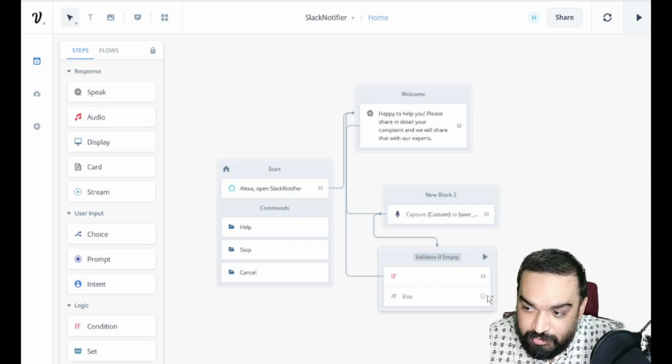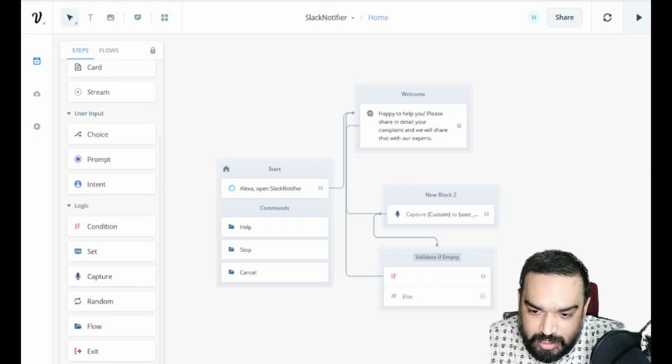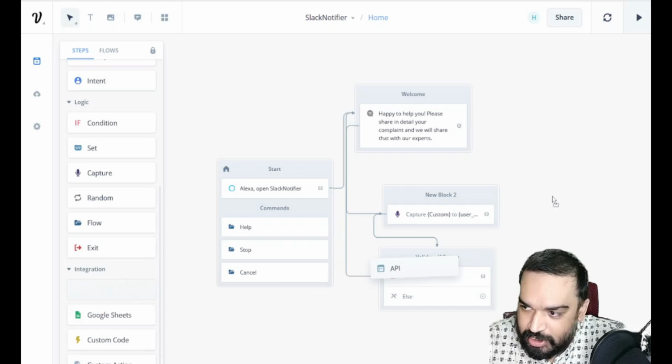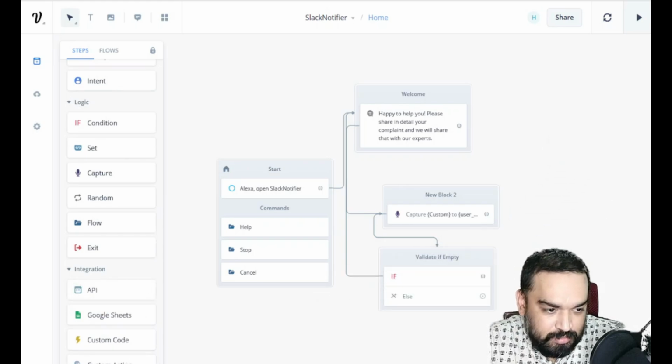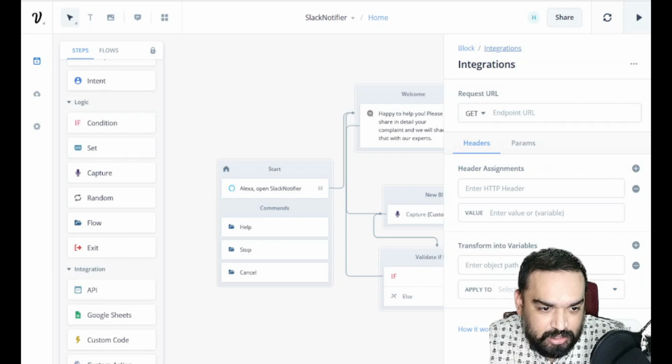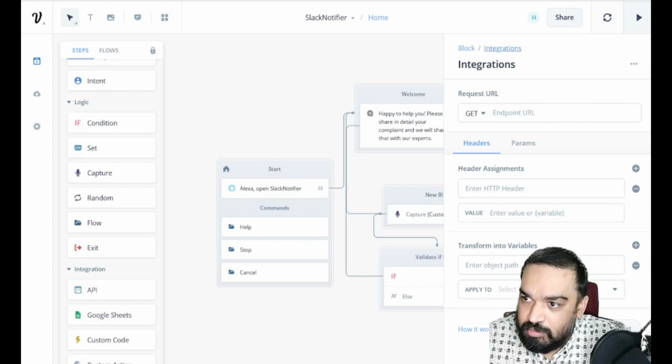And if it is not empty, then we will need the API block, and you can see that on the left inside integration. Just drag and drop the integration, and inside integration, this is where we will send the message, right?